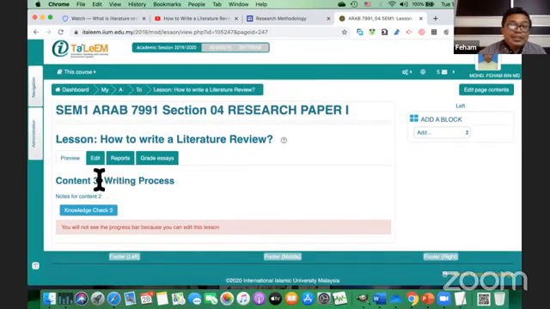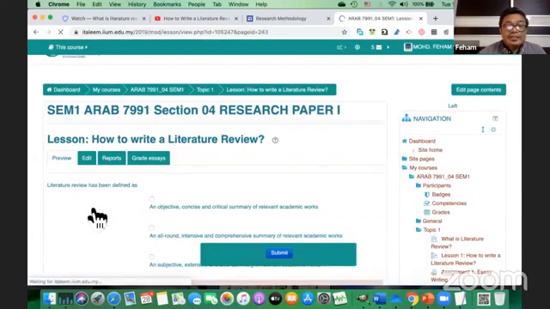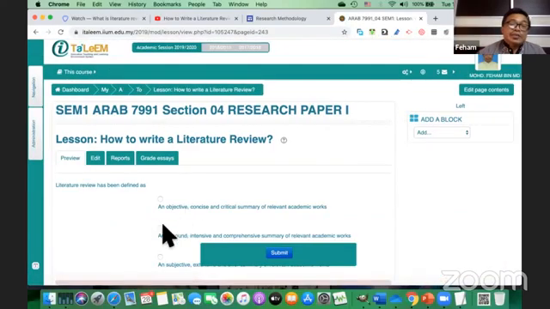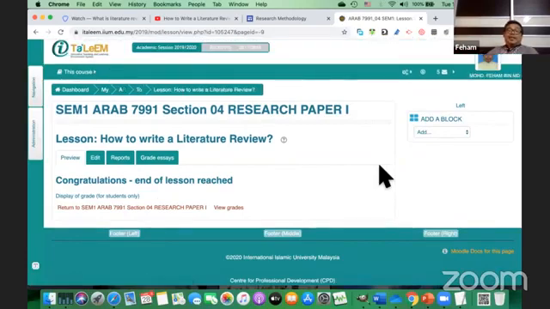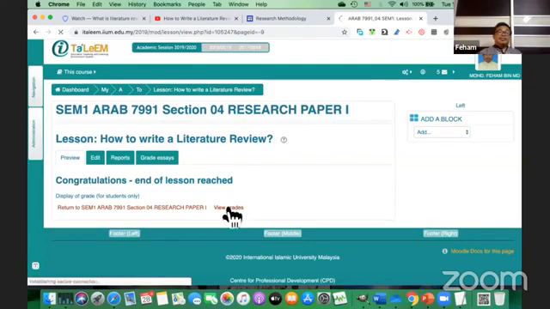This is supposed to be content 3. And then right after content 3, they will move to knowledge check 3. Okay, and then answer the questions here and then do the submission. Okay, so in the end, they will have the grades stated for this particular lesson, how many marks were scored by the students. Okay, so right after finishing the graded lesson, students can view their grades.